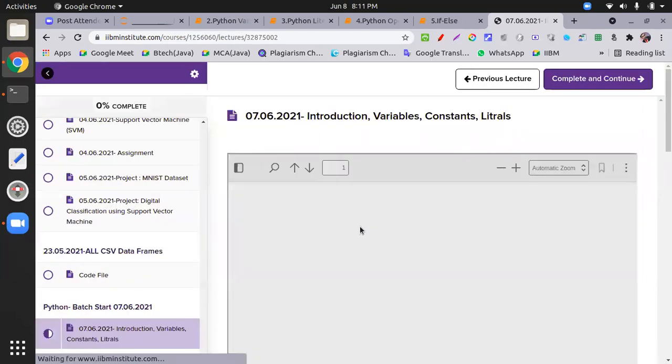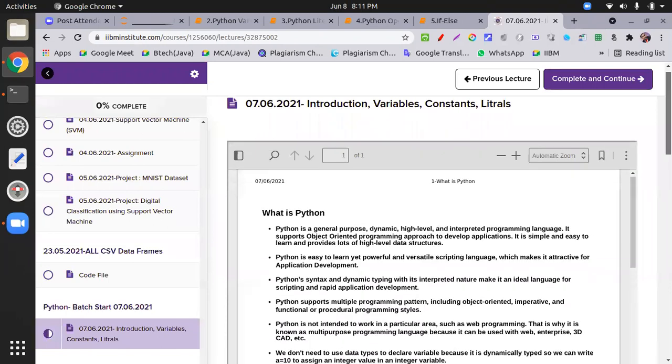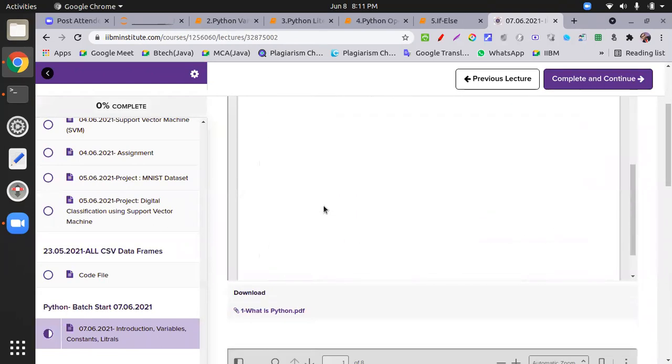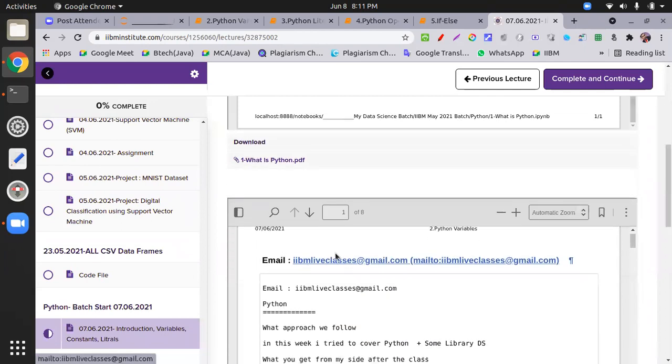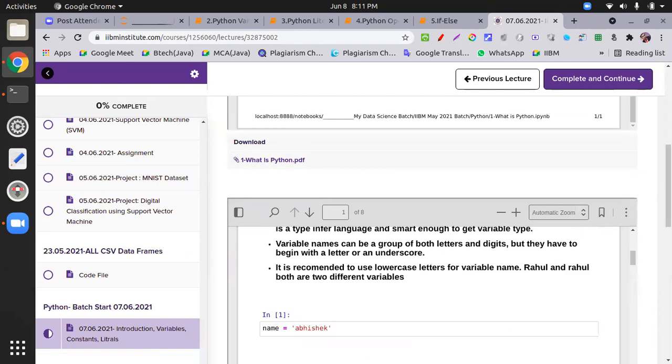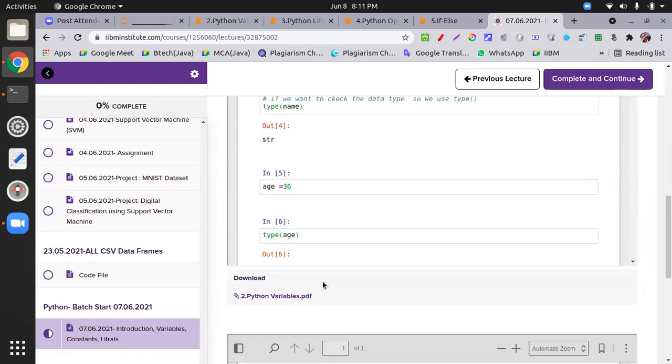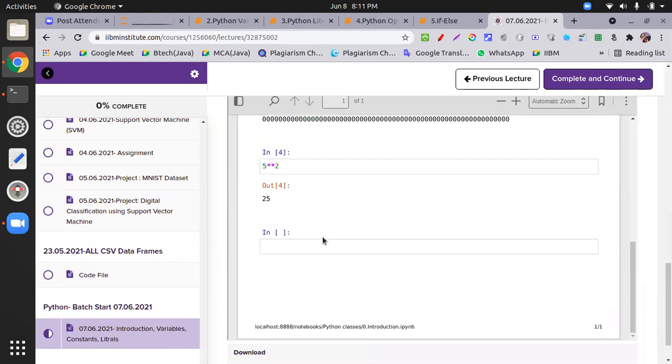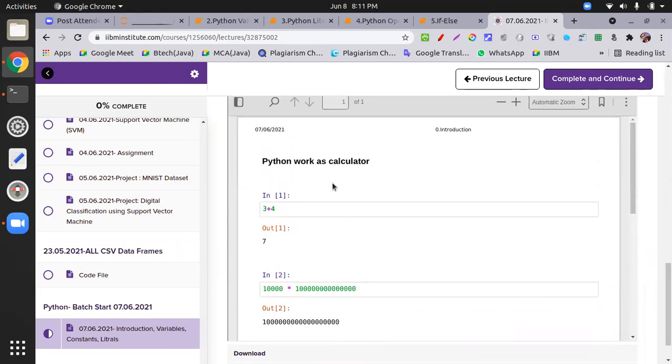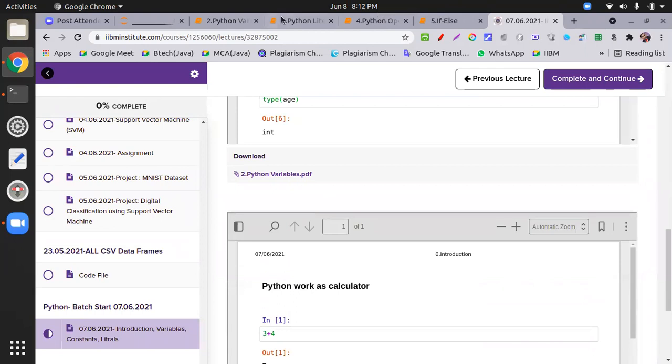You can download everything over here. Do you have the LMS login? No, sir, not yet. So contact your counselor. They can provide you this.